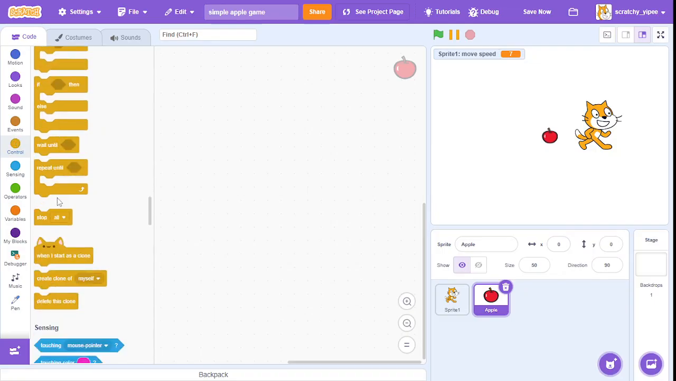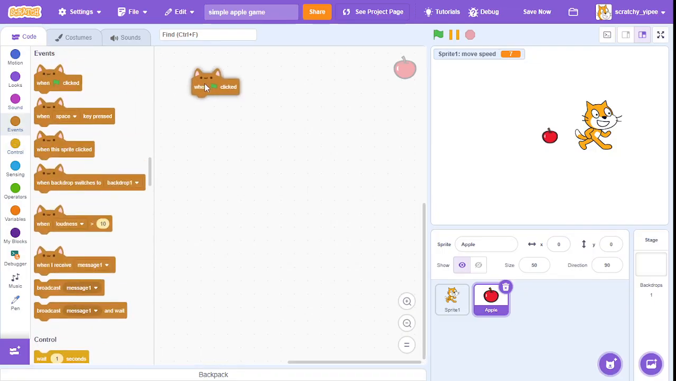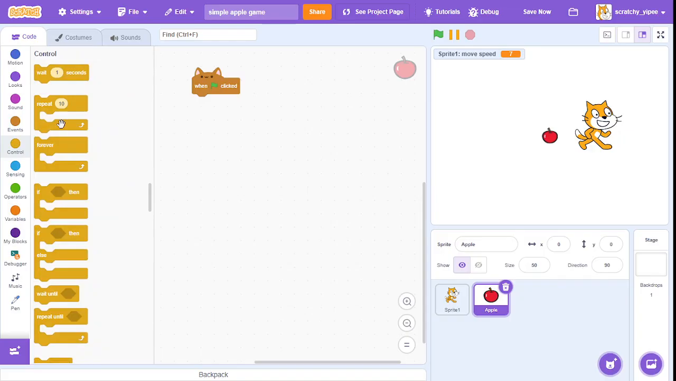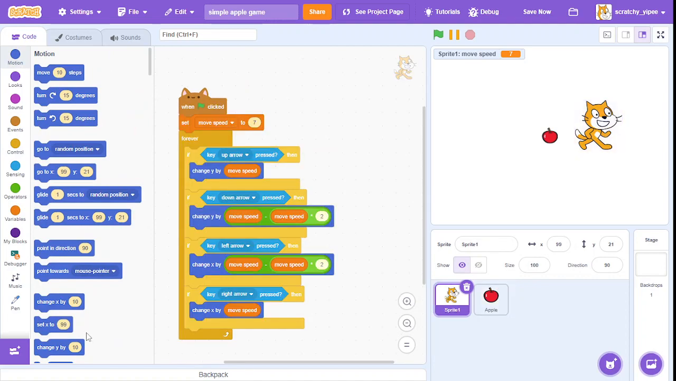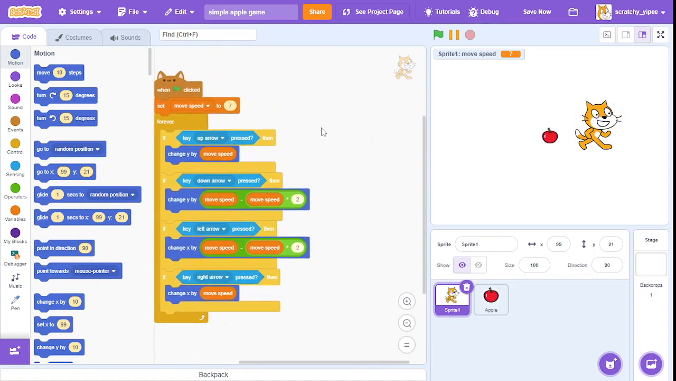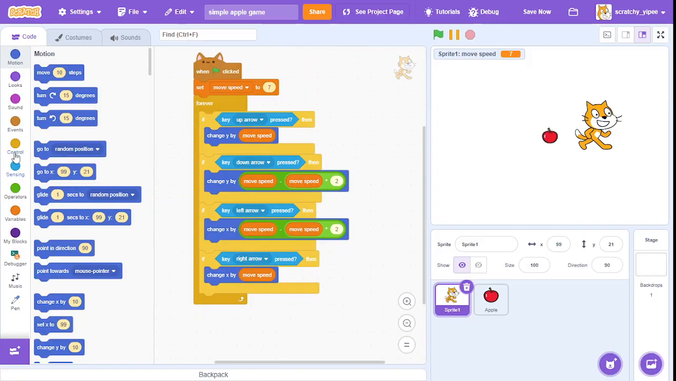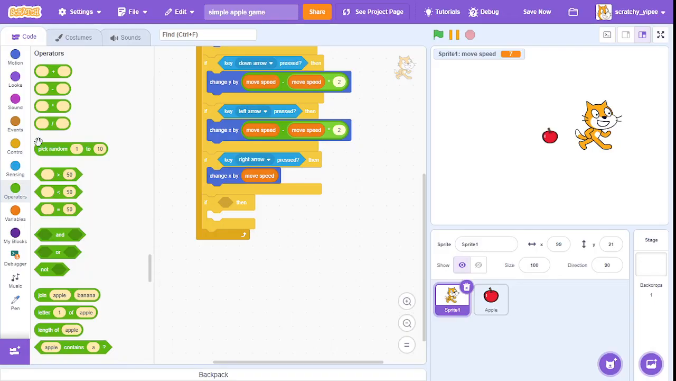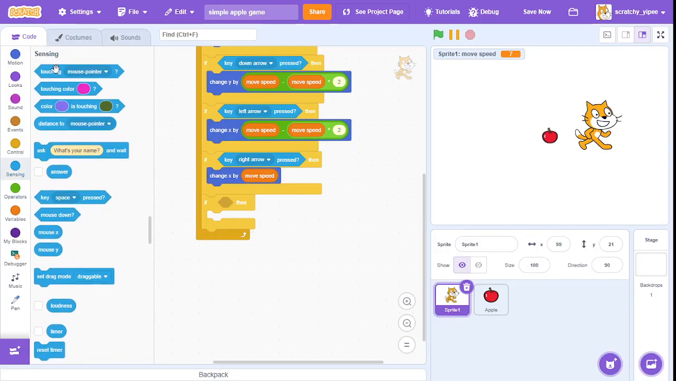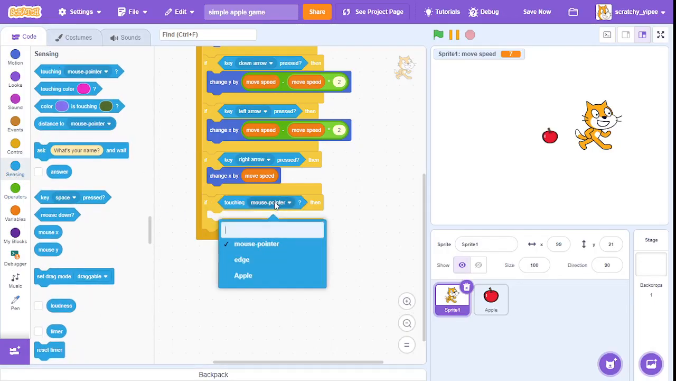And "when green flag clicked". Forever. Wait, no. Motion. Go to X 0, Y 0. Then you go to Sprite 1. And in the forever loop, get an if block. In the Sensing category, do "touching Apple", then